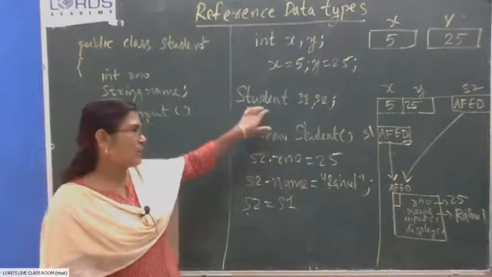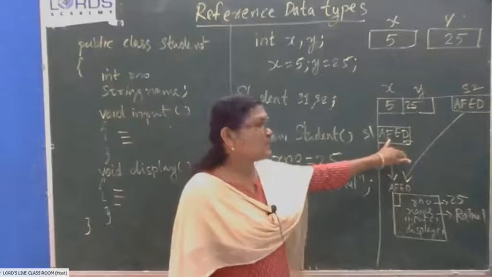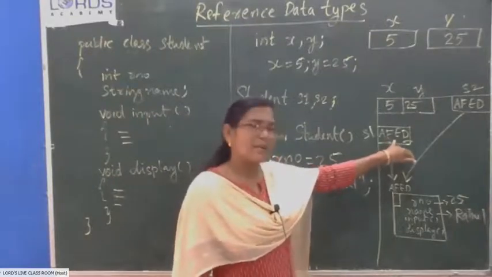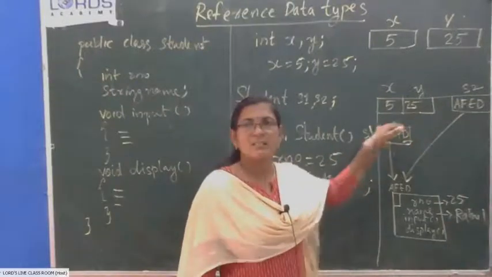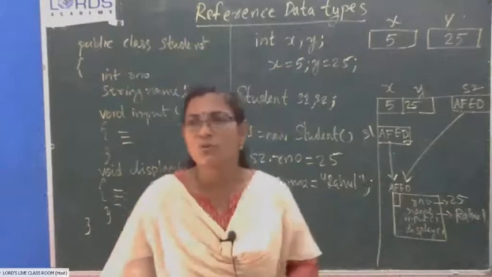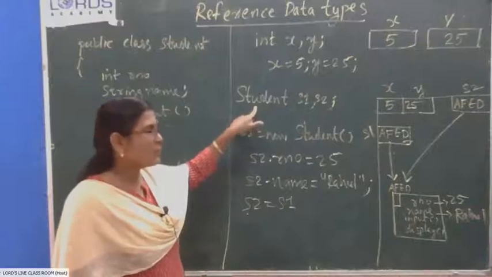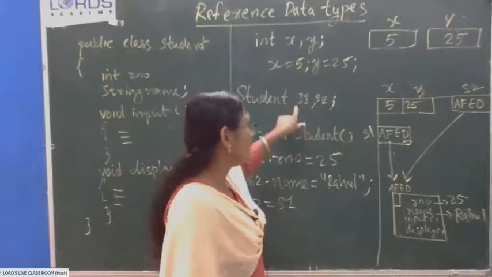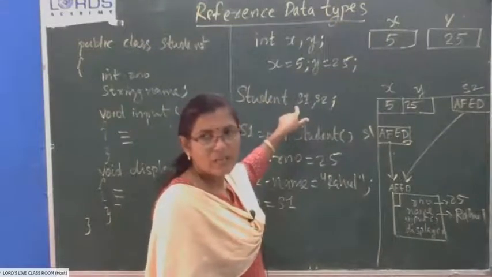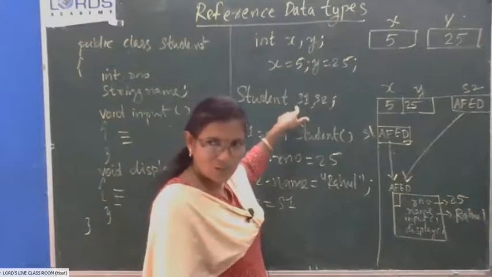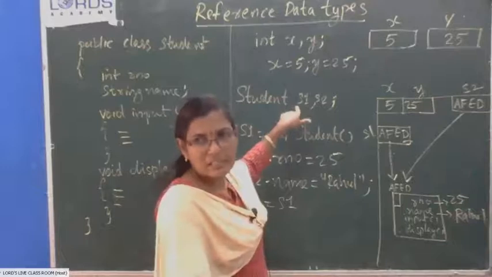When a variable of a particular class type is declared, it is not a primitive, it is not a memory location where you can store data of a primitive data type. It's a special memory location reserved to store the address of an object of this class type only. Student type S1: this S1 can be used to store the address of only student class objects. You will not be able to store teacher class objects in S1. S1 can be used to store only the addresses of student class objects.